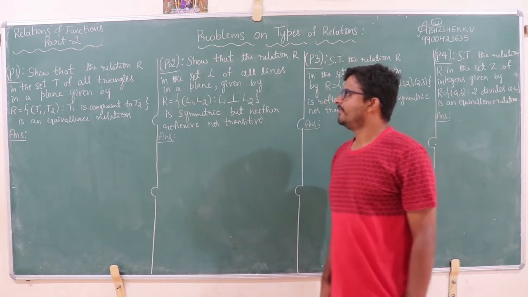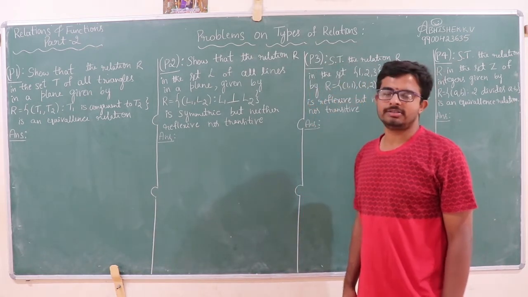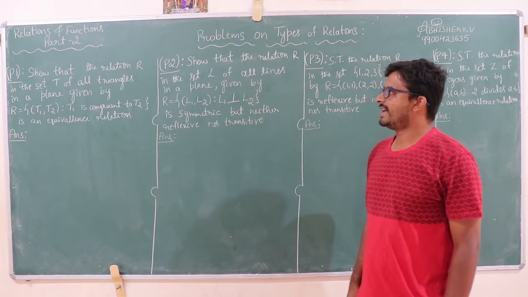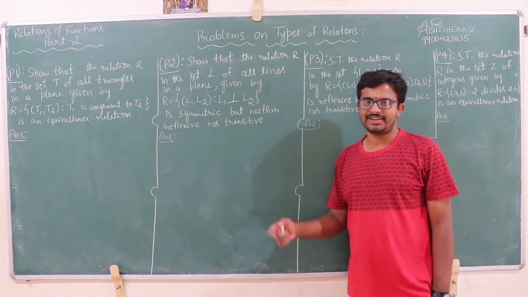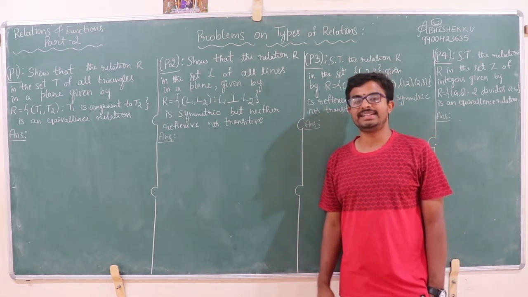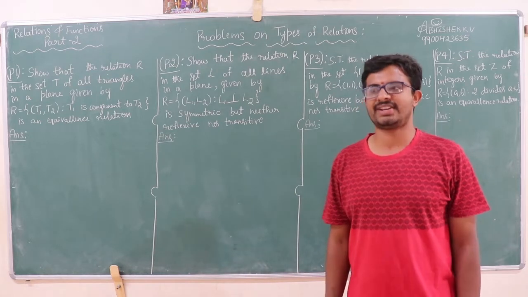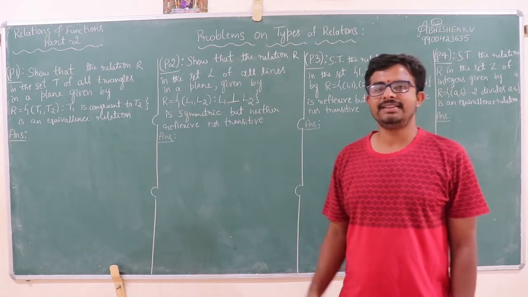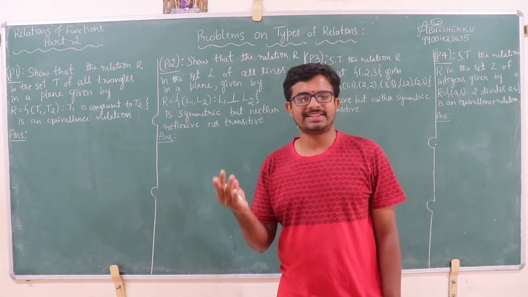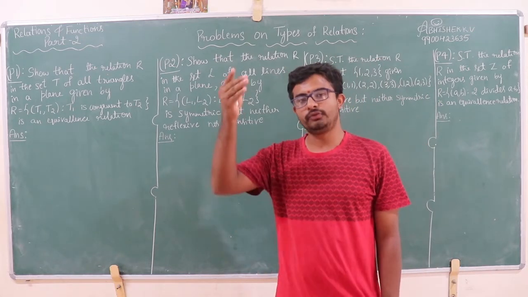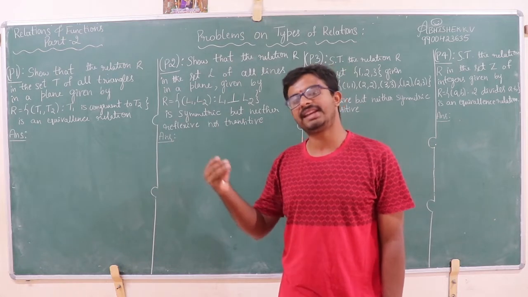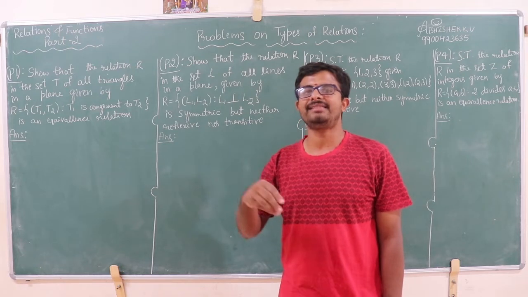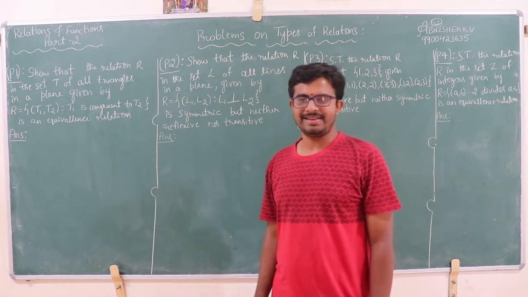Yes, last class we started the first chapter of class 12, that is relations and functions, right? So last class we discussed the introduction of relations and functions, and we studied the main three types of relations. That is the first subtopic on relations and functions. We studied there are three types of relation: reflexive, symmetric and transitive. If those three types hold, then we say the given relation is an equivalence relation. If one of those types fails, then the given relation is not an equivalence relation.